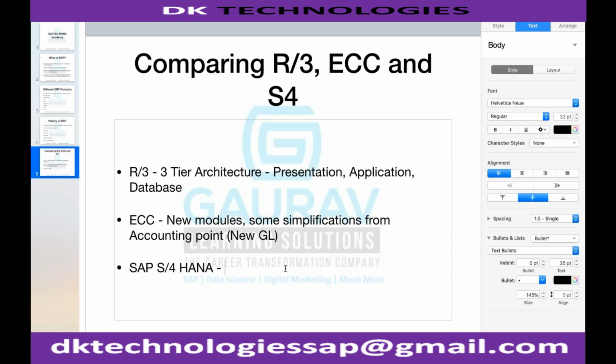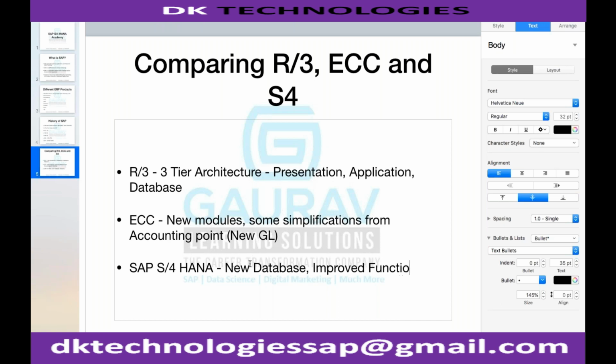So as of now, in this slide, I will not introduce HANA. I will just write some benefits of it. And in the next slide, we will talk in detail about what exactly HANA is and how it will benefit the organization. So with SAP S4HANA, the first benefit is new database. Number one. Number two, improved